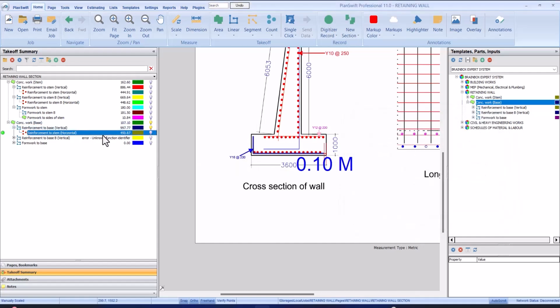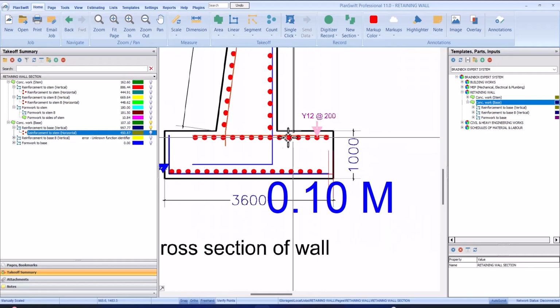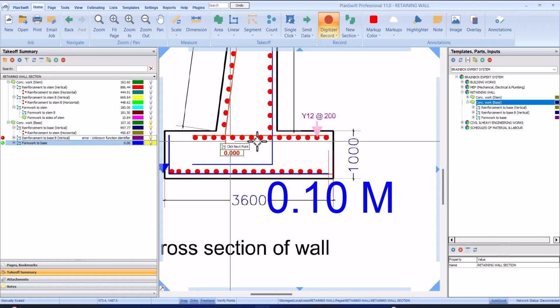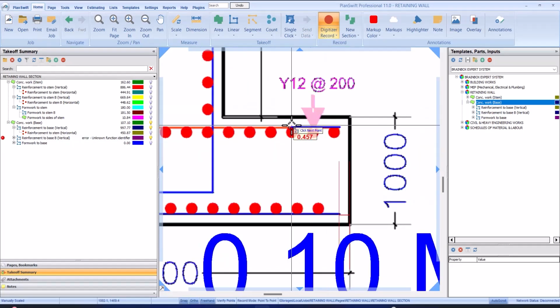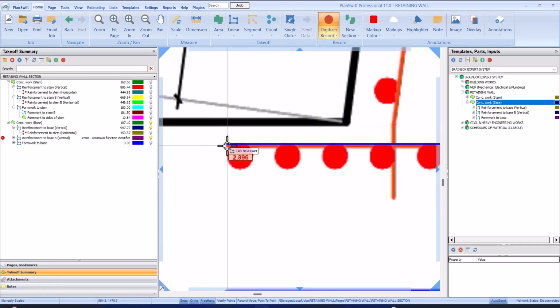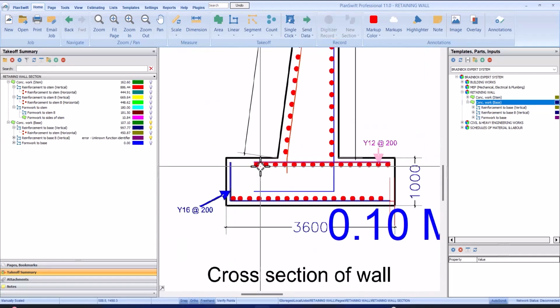So these are reinforcements in kg, 450.87 for this side. So that's that for this. So the next one now is this reinforcement here, which is reinforcement to base B. So click, do our takeoff up to this point, click OK, and then